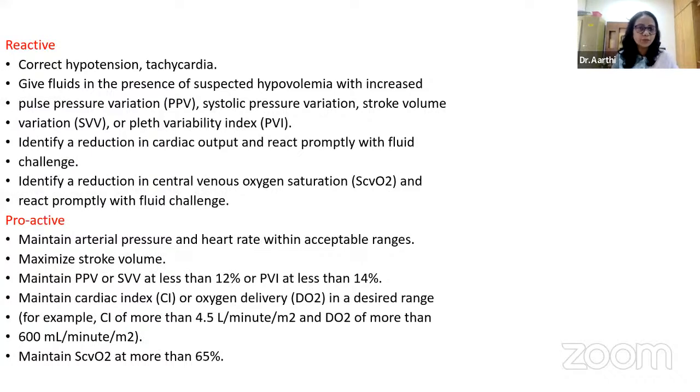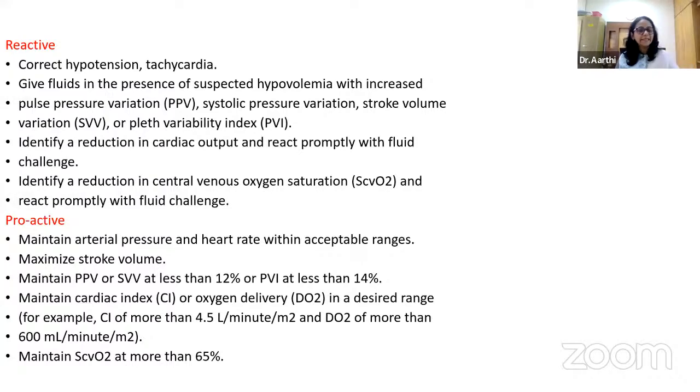to monitor the hemodynamic changes in the perioperative period and in critically ill patients, and also extend into the postoperative monitoring of patients who have hemodynamic instability. A reactive person would correct the changes which are happening, like correct the hypotension, correct the tachycardias, give fluids when you suspect hypovolemia secondary to pulse pressure changes, and promptly react or identify the cardiac output. Whereas proactive